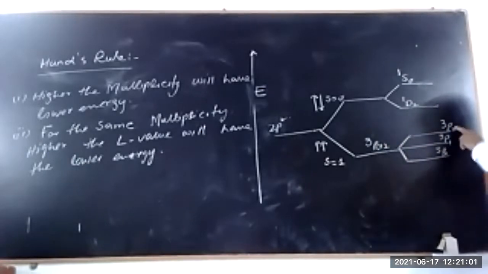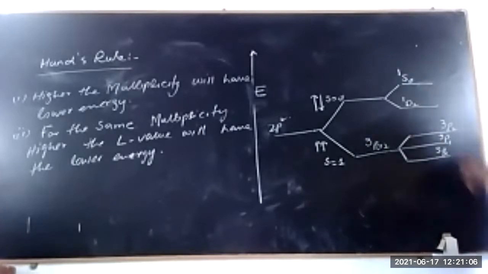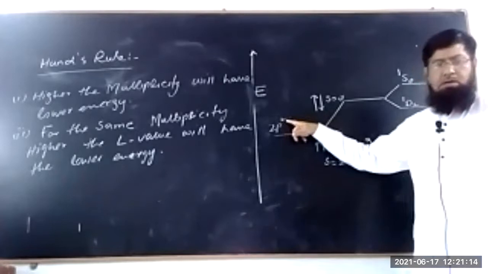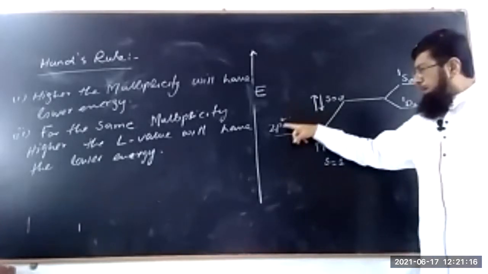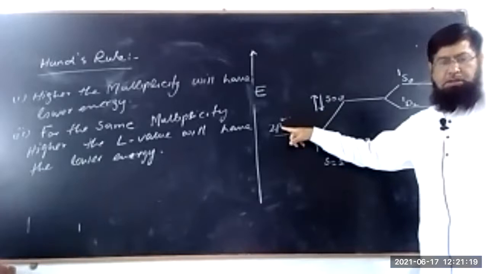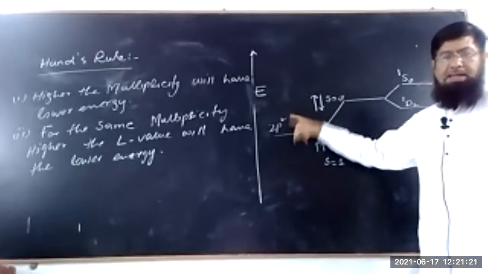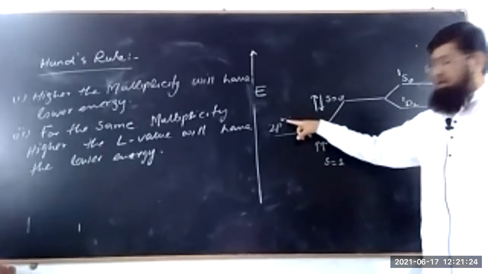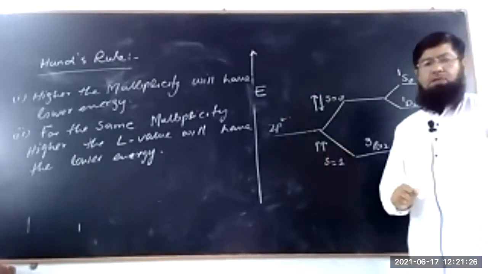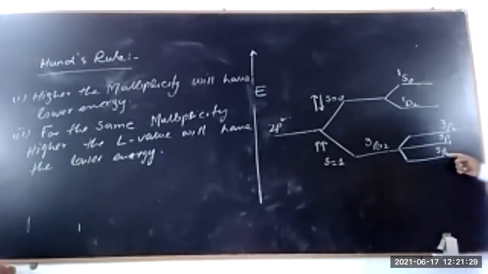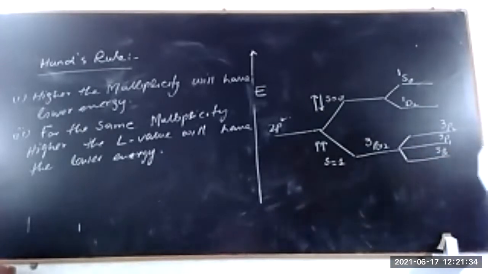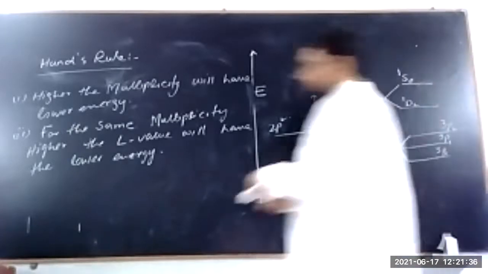0 है, 1 है, 2 है, कि 0 वाला नीचे आ रहा है, उसके बाद 1 वाला, उसके बाद 2 वाला, इस तरह क्यों नहीं आ रहा? पहले 2 वाला आए, फिर 1 वाला, फिर 0 वाला। उसमें डिपेंड करता है कि ये लेस देन हाफ फील्ड है या ग्रेटर देन हाफ फील्ड है। p में मैक्सिमम 6 इलेक्ट्रॉन हो सकते हैं, यहां पे 2 है, 2 का मतलब है ये लेस देन हाफ फील्ड है। For less than half filled shell, the lower the J value will have the lower energy। तो जिसकी J वैल्यू कम होगी उसकी एनर्जी कम होगी।